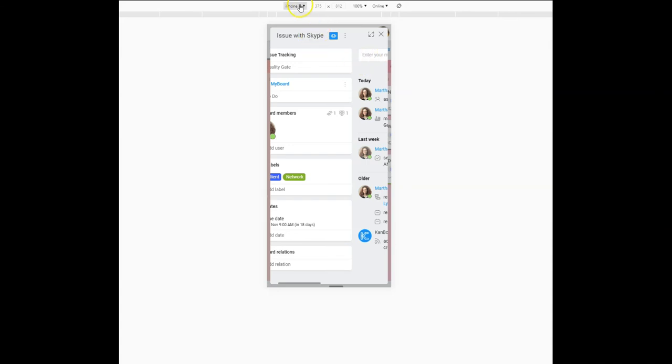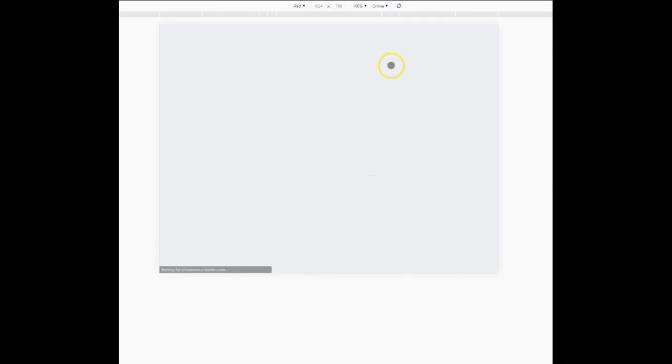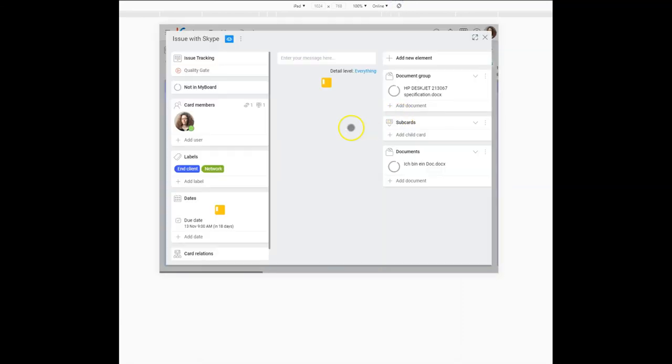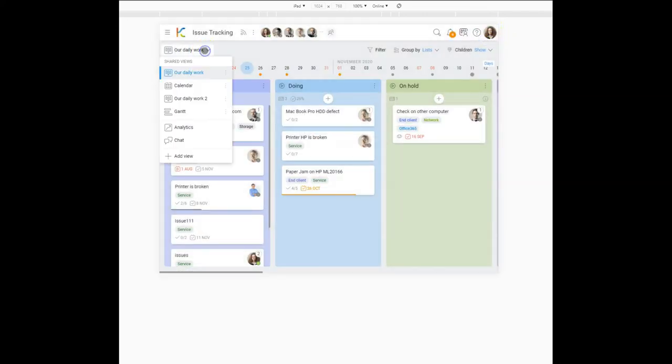It also works for bigger devices, as I mentioned, so if we switch now to iPad, in the vertical mode you can also switch it to a horizontal mode. In both cases, Kanbo is responsive to the size. As you can see here, there's a drop down now, and if you had a bigger screen, the views would be shown beside each other.